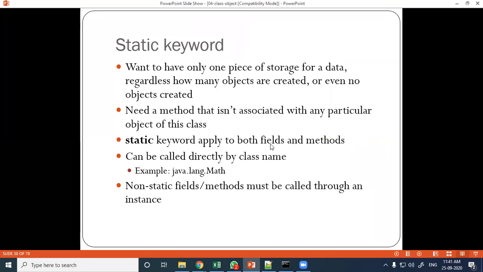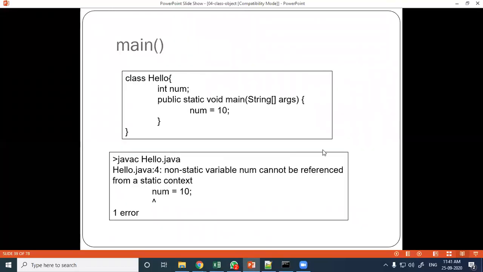We have seen the static keyword can be applied for a data member as well as a member function, that is a method. It can be called directly by class name. Next, non-static fields and methods must be called through an instance. You cannot call them through the class name.